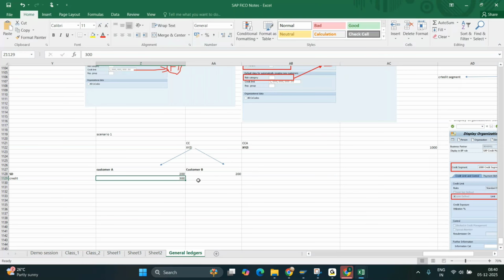Normally they will include all. So when they include all and they are giving the 300, that document will be automatically blocked. That would be credit blocked. Okay. Before it is credit blocked, the system won't allow you to post the document at all,